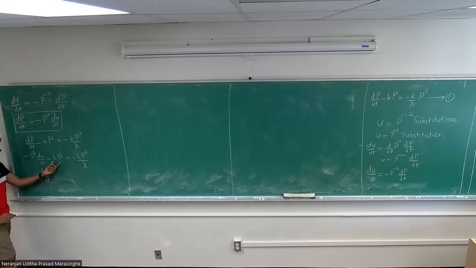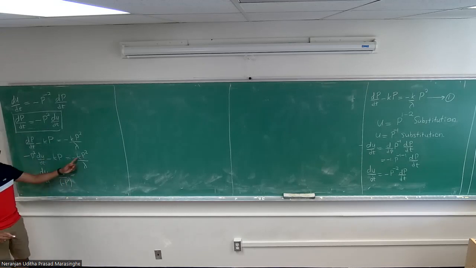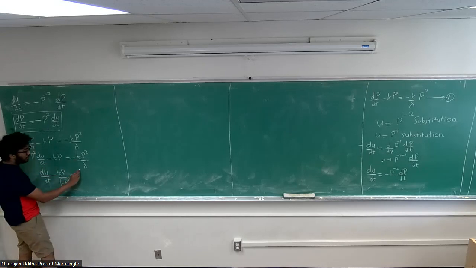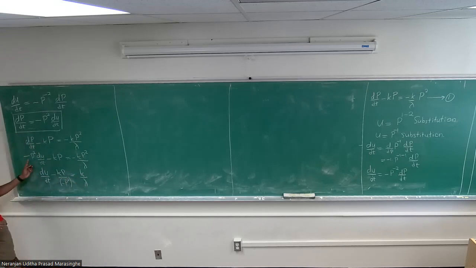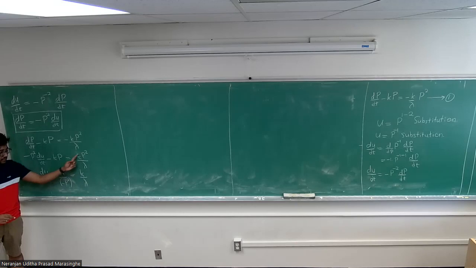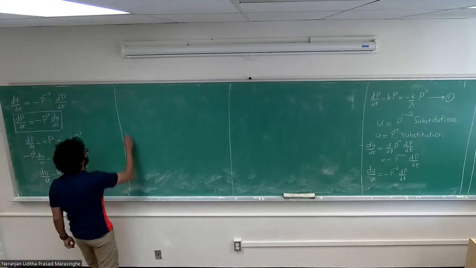Then I would divide this term by negative p square, so I have negative kp divided by negative p square. I would divide this term by negative p square, then I have k divided by lambda. Because I am dividing by negative p square, this sign would be cancelled, p square would be cancelled, and this would also become positive. So at the end I would get